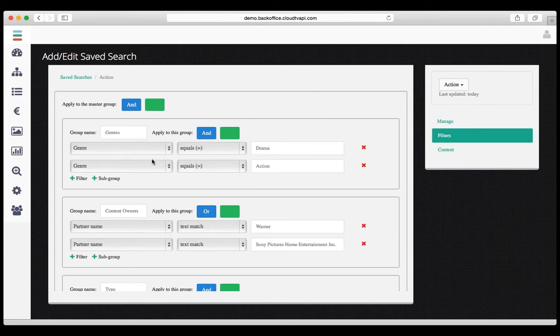So here we're filtering based on genre equals drama, genre equals action, and it's an and operator, so you have to have drama and action within the link, or we could have drama or action. Obviously we want and in this particular case because we want both of them to apply. We also have the partner name,